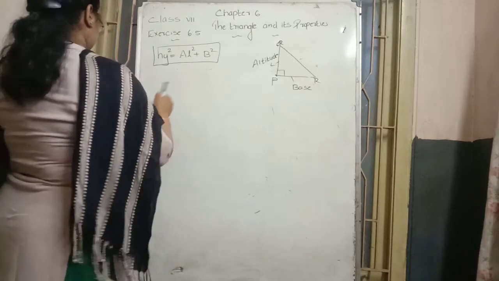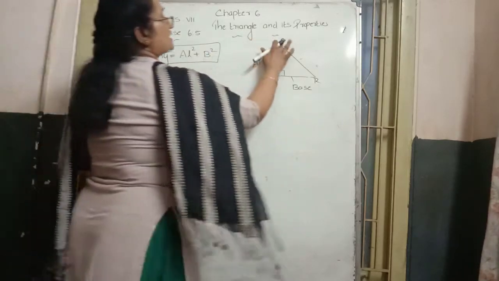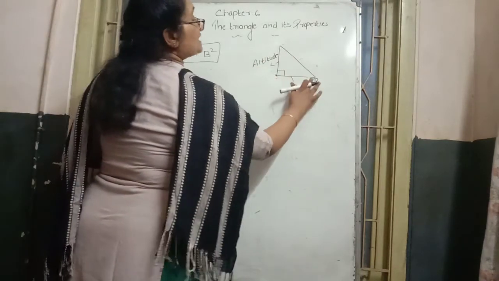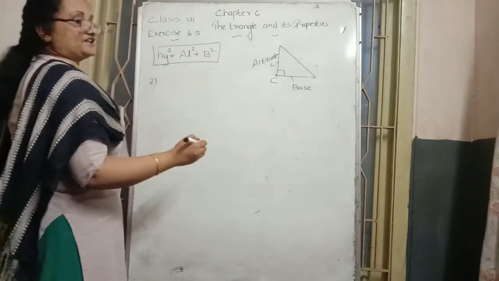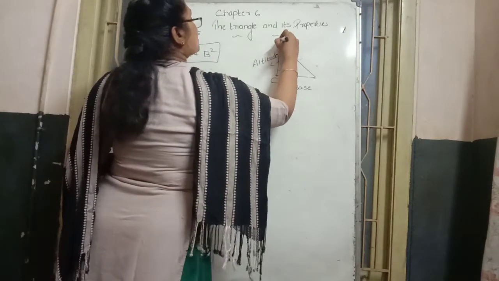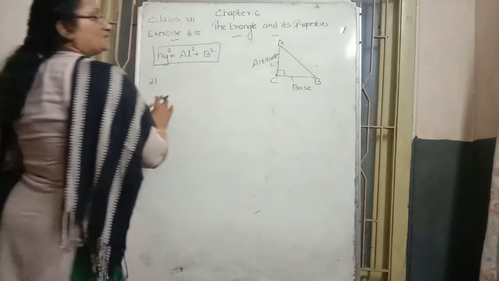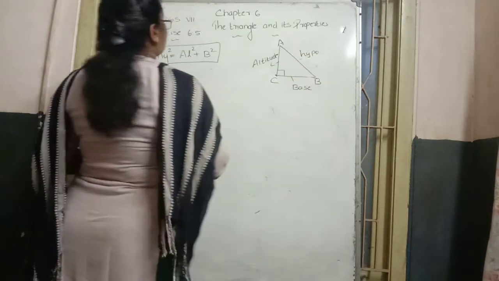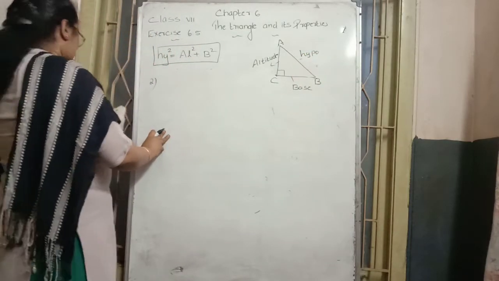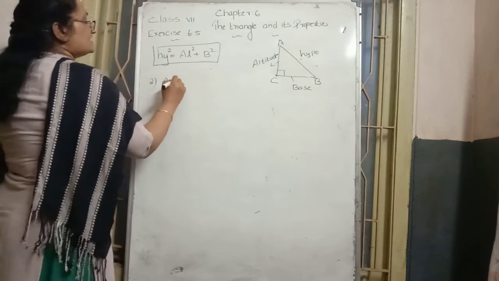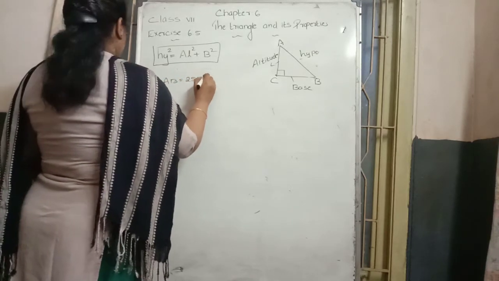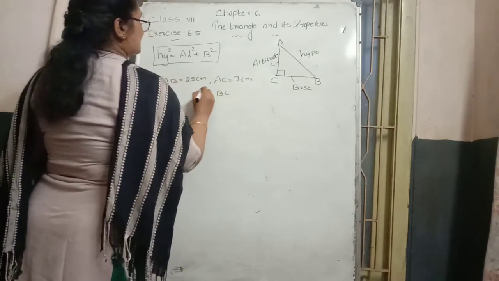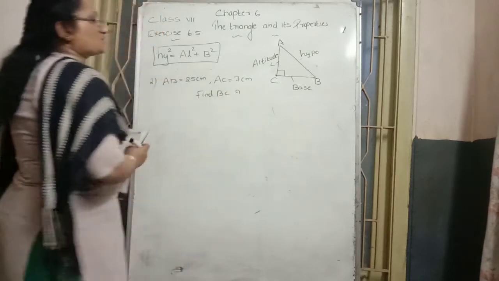Second question they gave us, ABC is a triangle. So we can mark it as ABC triangle and right angle at C. Right angle, that's why C is marked at 90 degrees. And A and B are marked at the acute angle places. Then this 90 degrees opposite side represents the hypotenuse. Values they gave: AB side is 25 centimeter and AC side is 7 centimeter. Find BC side. Find BC. That is the question they gave.